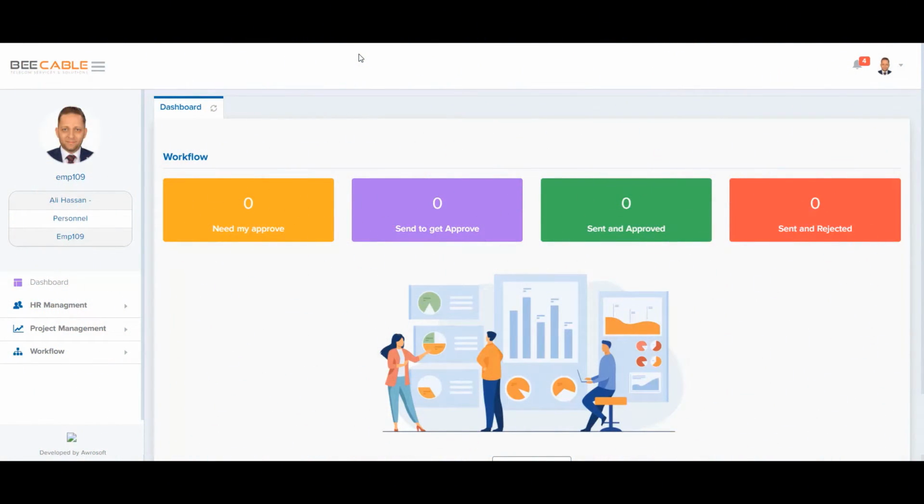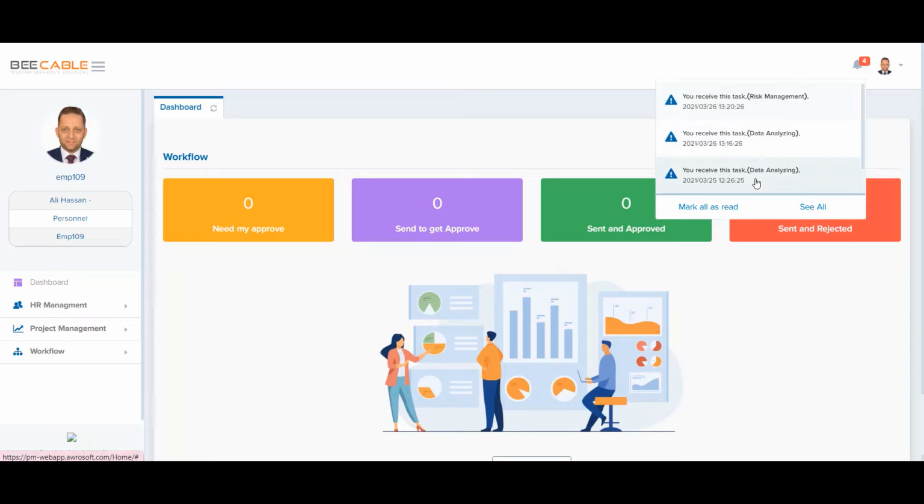I have logged into the system with the PMO Director's account. He's able to see all the notifications that were assigned to him from the procurement department. To complete his task, he can either click on the notification bell, which will take him to the task directly,